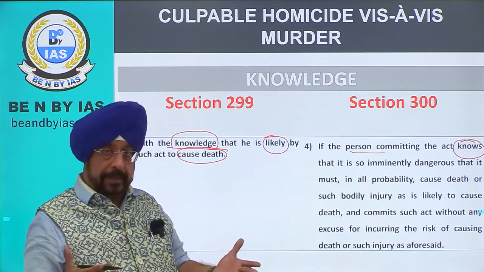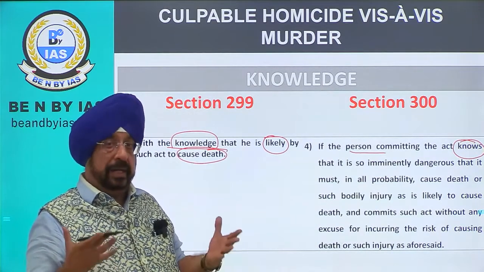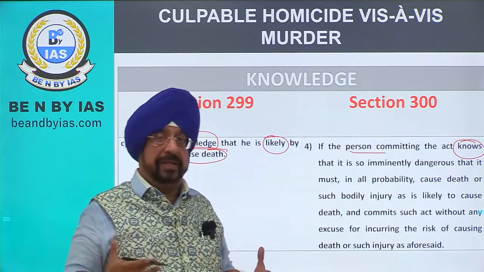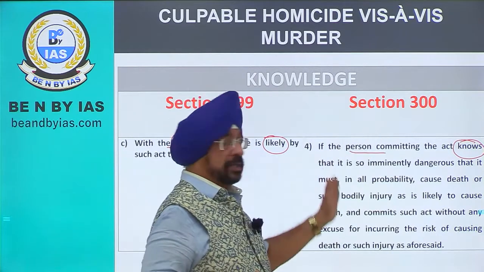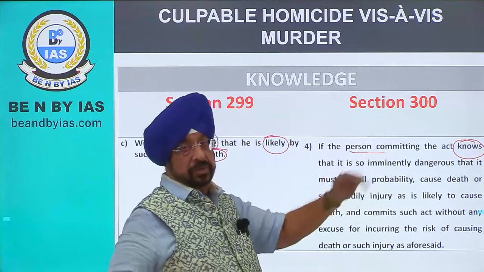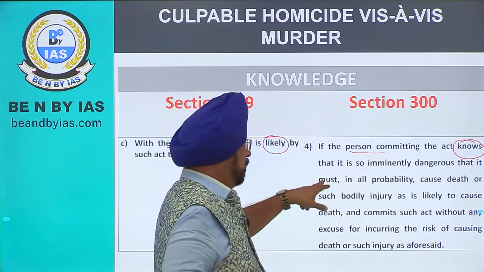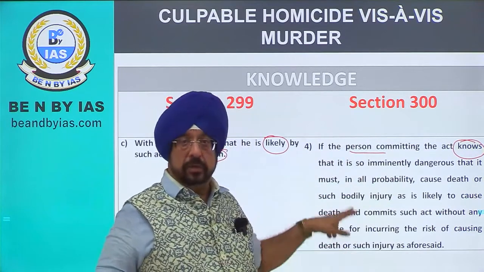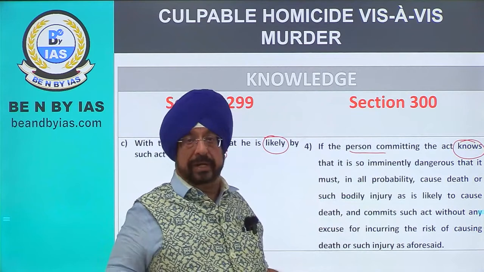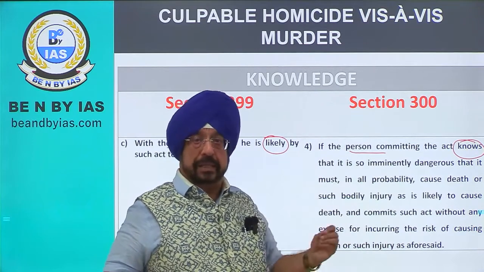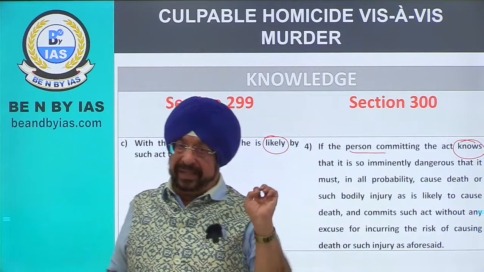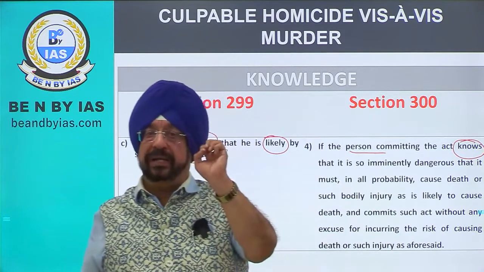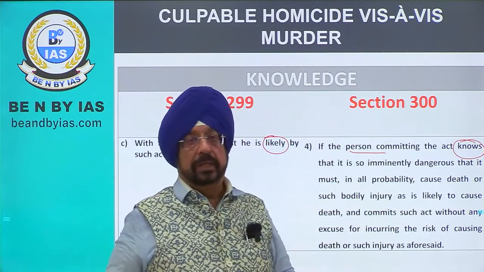He is doing an act, but he also has the knowledge that the act is so eminently dangerous that it must, see, to ensure, it is not talking about bodily injury or any other thing. The act itself is so eminently dangerous that